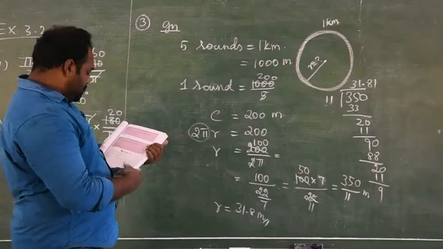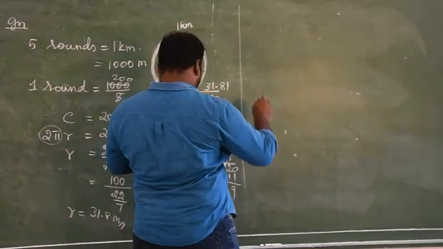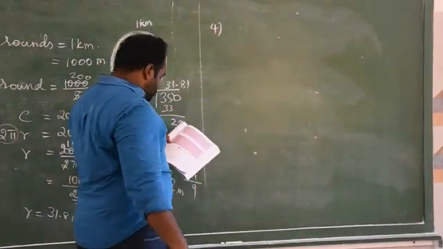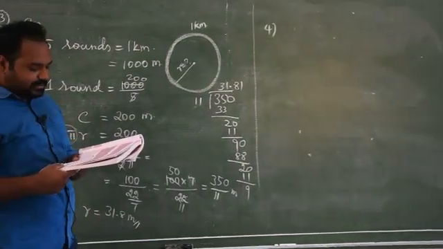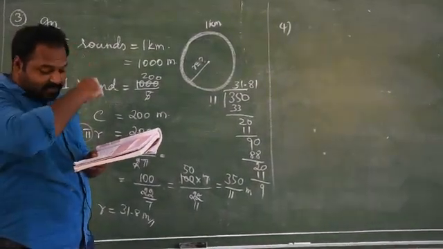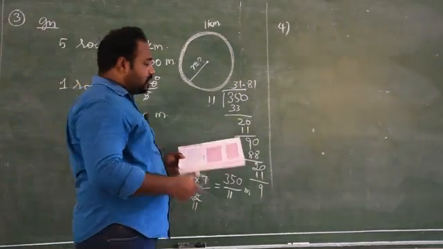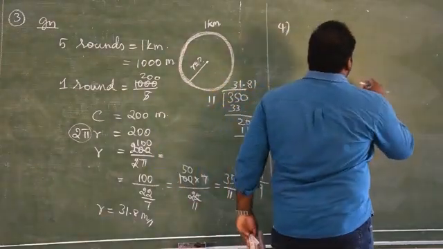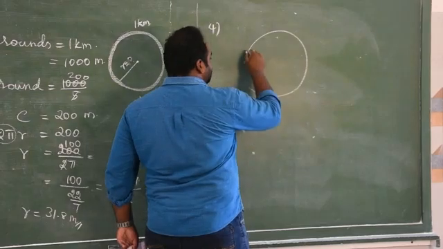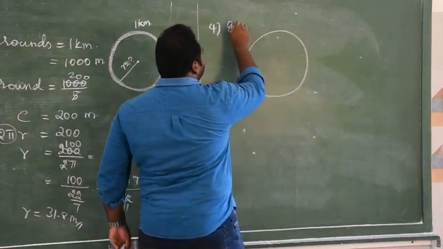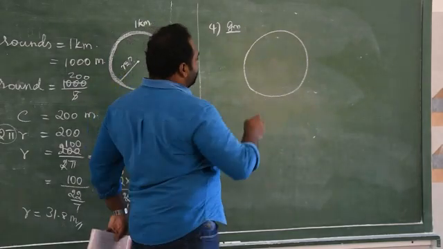So next, question number 4. In a circle of diameter 40 centimeter, a chord is of length 20 centimeter. Find the length of the minor arc of the chord. See here, I am going to construct a circle to understand this question. So actually the given information is 40 centimeter